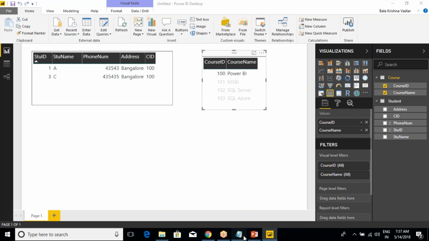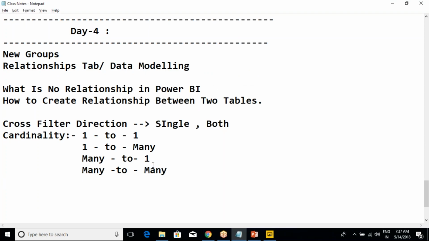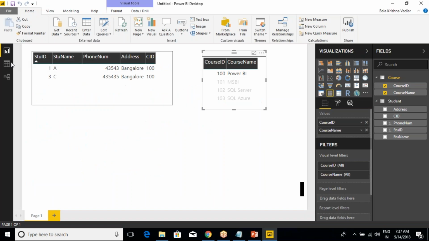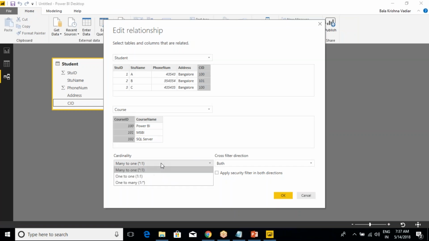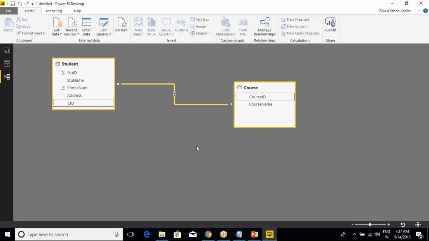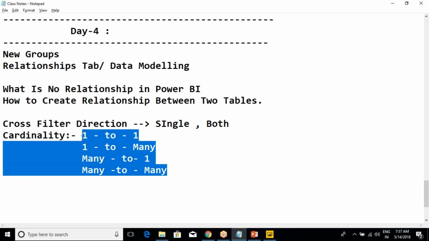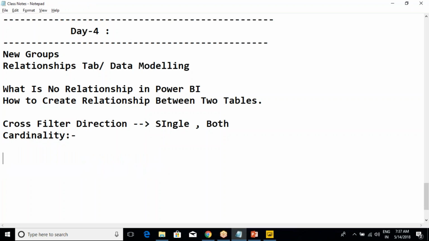See, very simple. Let's remove this one. If you see the drop down here, it will support only three as of now: many to one, one to one, and one to many. It will not support many to many relationship as of now. If you give me 5 minutes of time, we will discuss more. Now the first one is, what is one to one